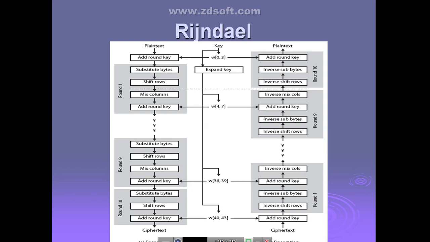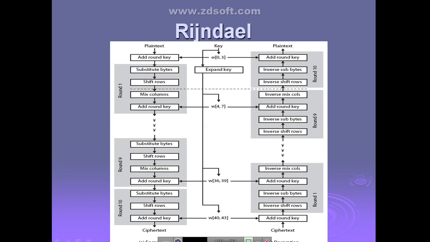Byte by byte substitution is done in substitute bytes. The name itself indicates substitute bytes. Byte means 8 bits. The first 4 bits indicate the row number in the S-box table, and the last 4 bits indicate the column. Whatever value is there is used for replacing that particular byte. That is the operation performed in substitute bytes.